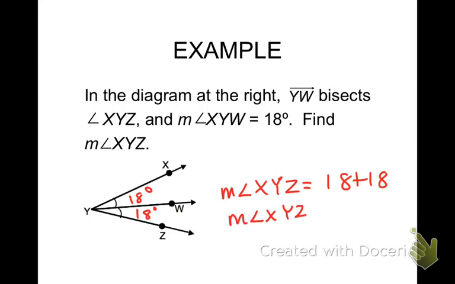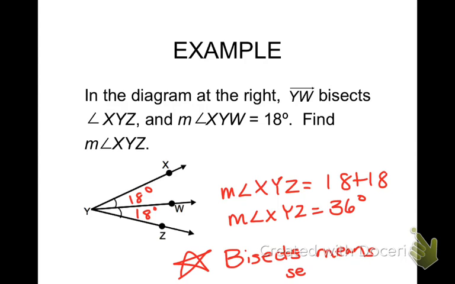So whenever you hear the word bisects, put a little star maybe. Bisects means set equal to each other. That should be your first clue on what you should be doing. If it does not say the word bisect, then you're probably going to do some type of addition. If it says the word bisects, then you're